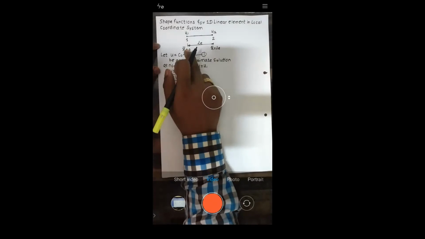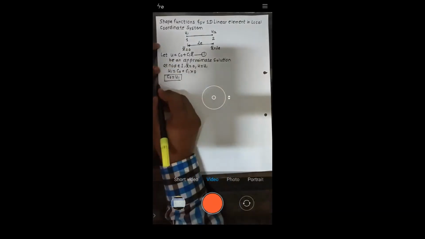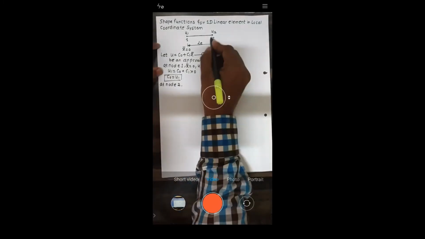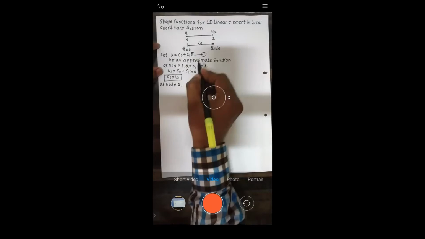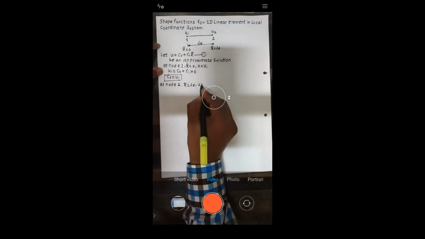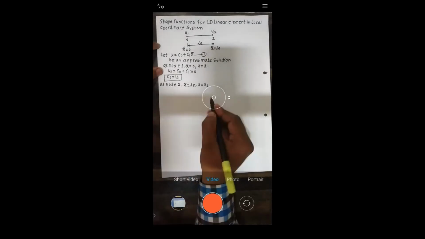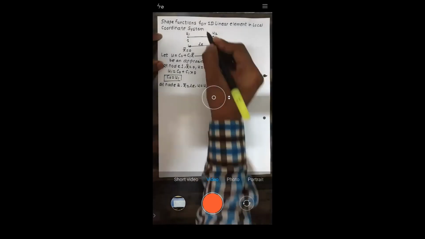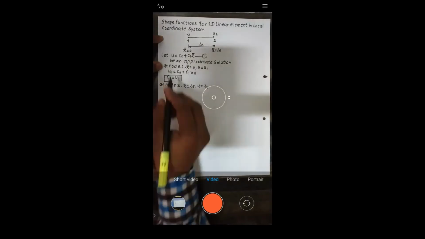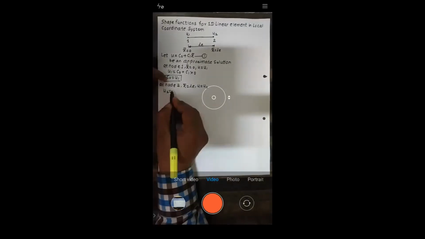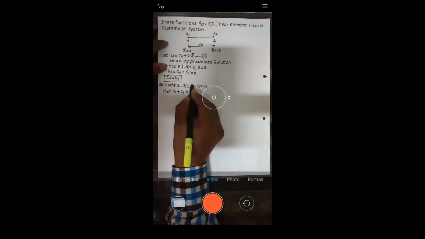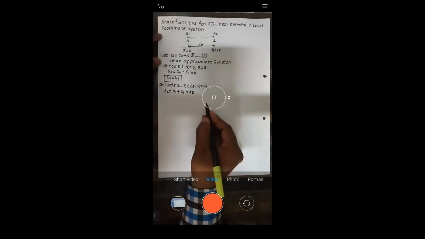Similarly, you need to apply the boundary condition at node 2. So I'll write down at node 2. At node 2, what is the value of x bar? LE, right? And what is the value of displacement u? It is u2. At node 2, displacement will obviously be u2. So let's put those values. u equal to u2 equals c0, which is u1, plus c1 into x bar, which is LE. Yes or no? Let me know.